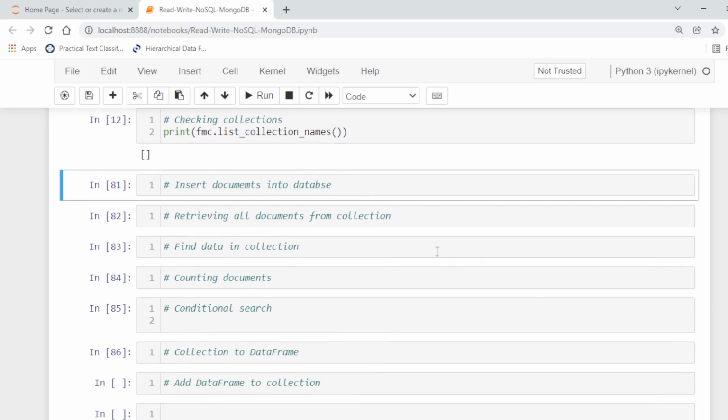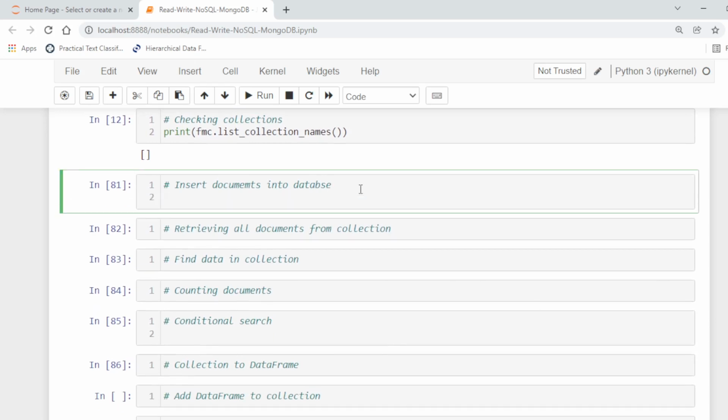Insert document into database. Now here we are going to insert the document into the database. First of all, we will create the documents in the JavaScript object notation form.